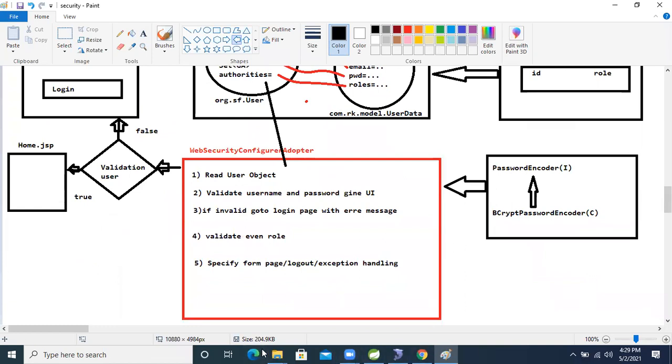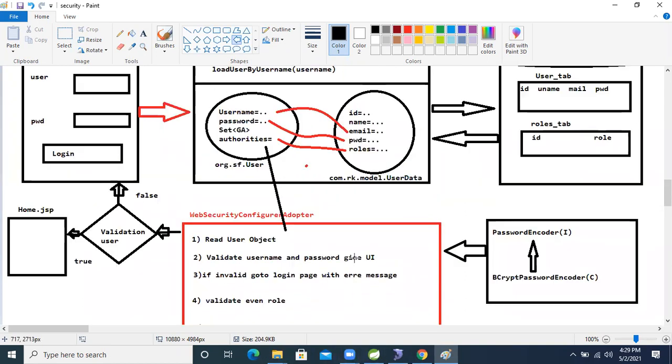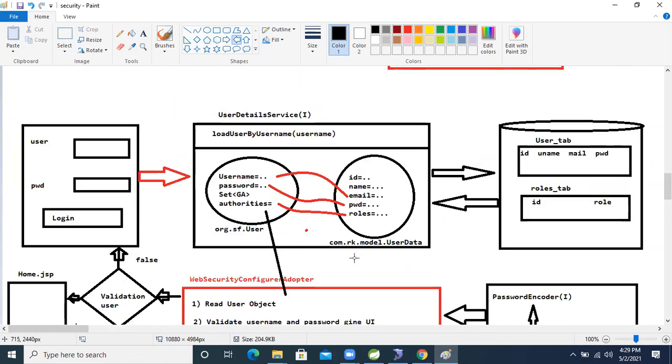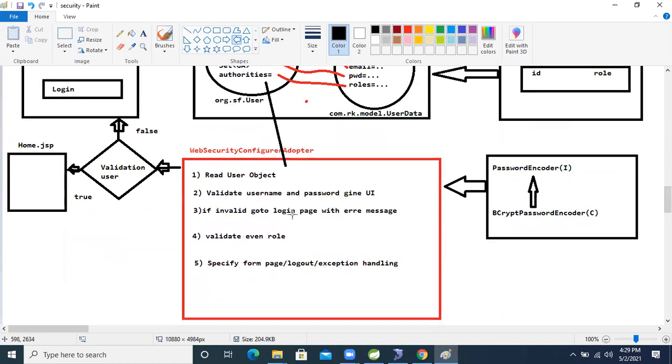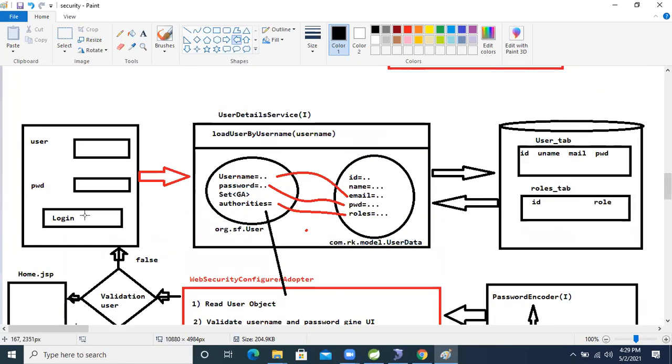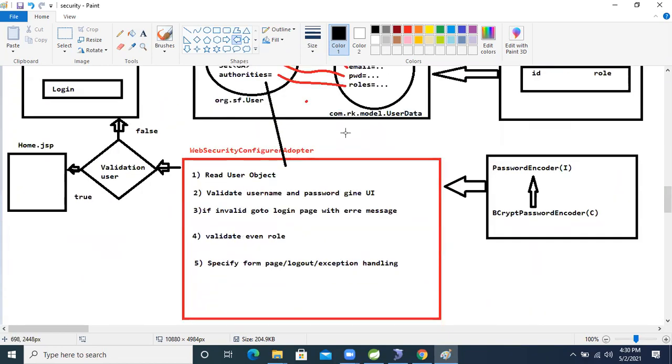Okay, so this is our security diagram. Based on this diagram only I'm going to write the code, guys. Please concentrate. Whenever I write the code, I will show which operation we are going to start and which we are going to complete. Next we will work on this area, like that I will tell you. Don't worry, we will not design this form. The Spring framework will give one form whenever we activate Spring Security.